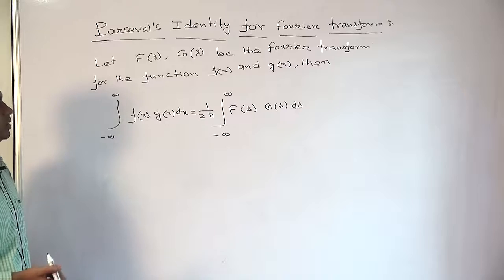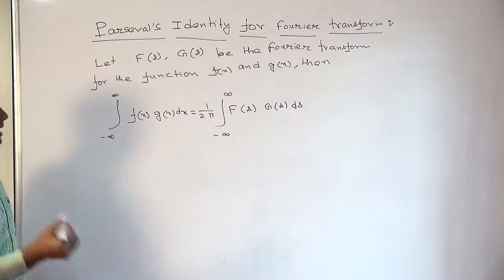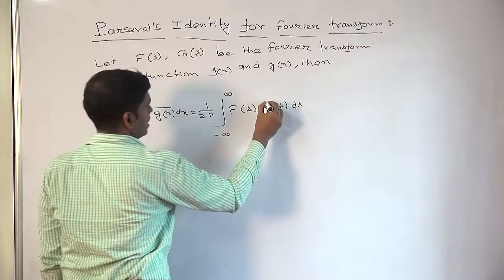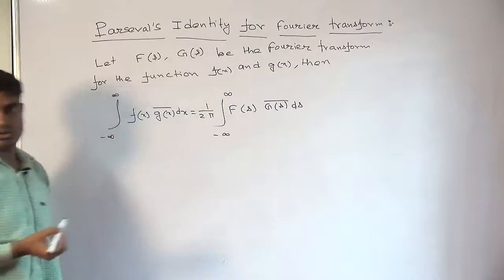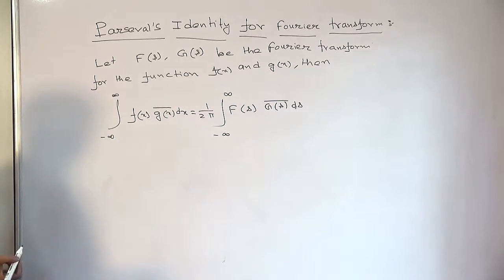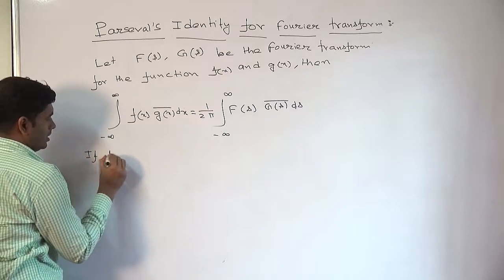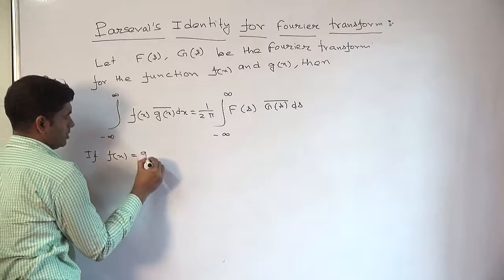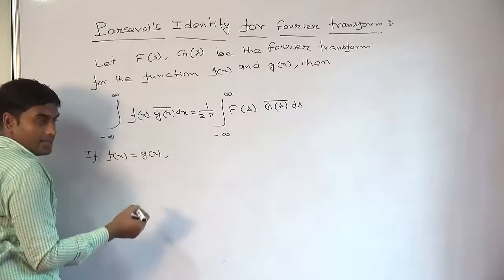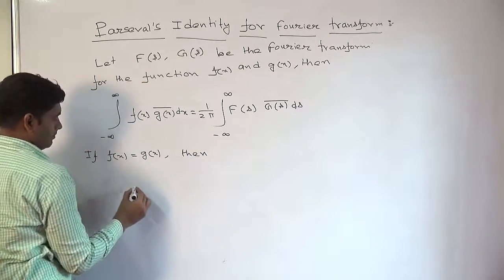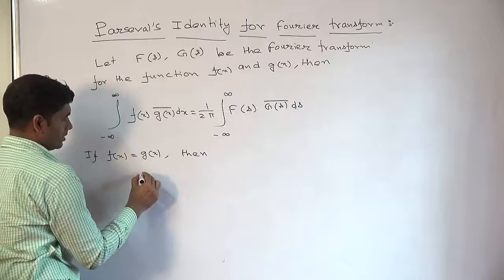Now remember that here, everything, f(x) and g(x), we are talking about as real. If it is complex, then we can write it in a different way. Now in the case that f(x) and g(x) are the same, meaning if f(x) equals g(x), then the above identity becomes